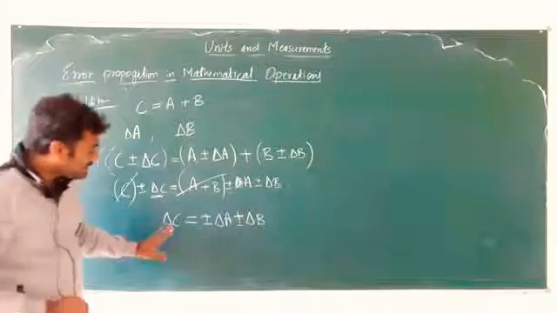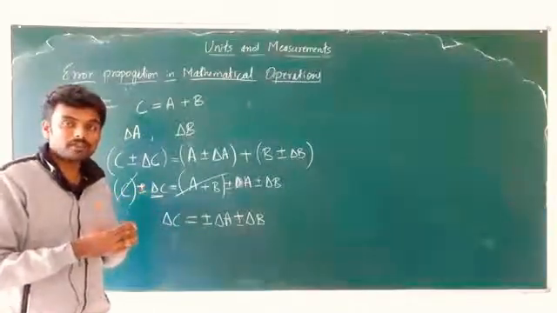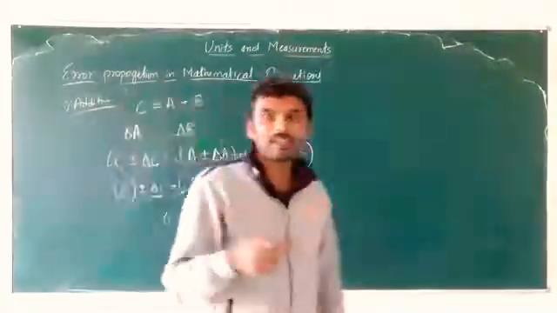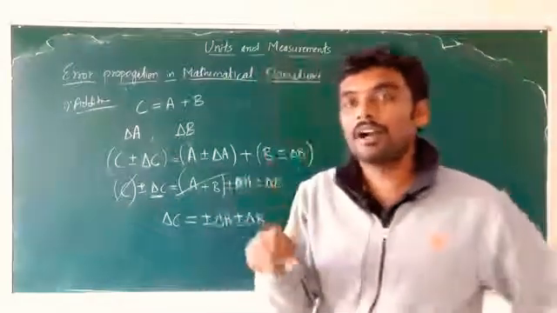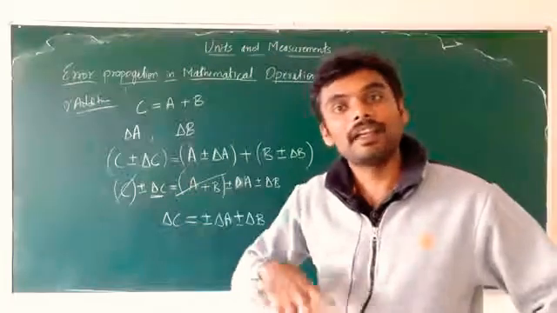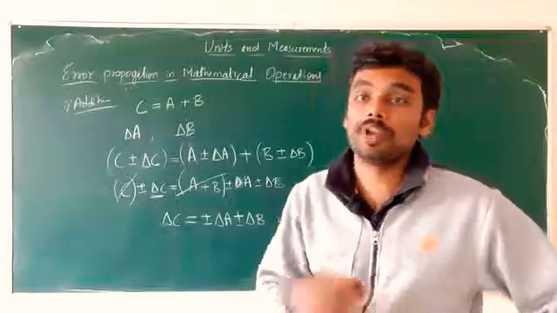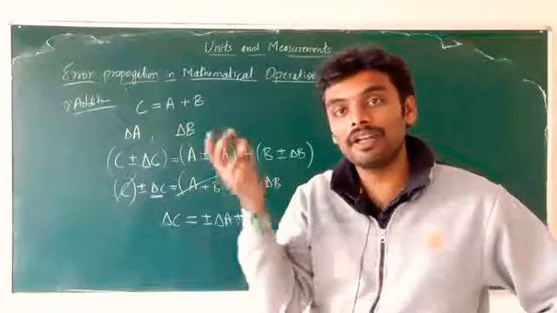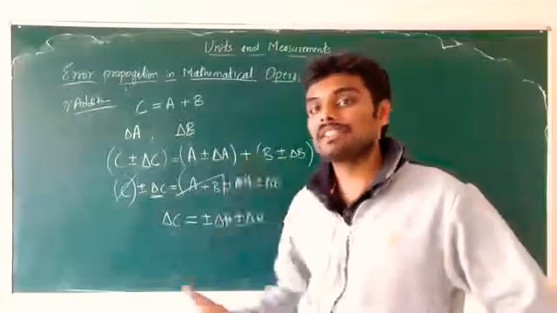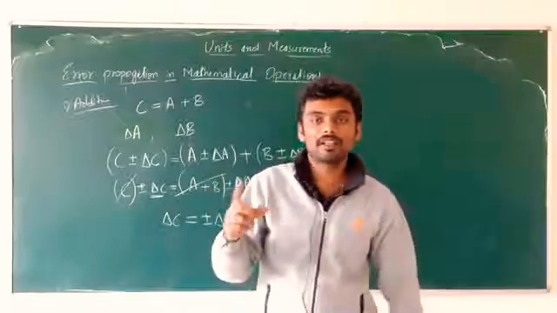But what is the maximum error that we can get? We always look for the maximum error. Say if I am measuring using 1 meter length and getting 1 centimeter error, then 100 plus or minus 1 centimeter is the way of expressing. The error that I can get may be 0.5 centimeter, 0.2, 0.8, 0.9 centimeter, but I always prefer to take the maximum error possible. So the maximum error possible is 1 centimeter, that is why I kept it there.